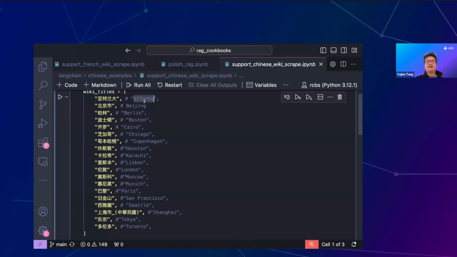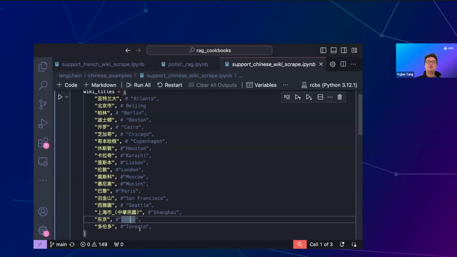So we're doing Atlanta, Beijing, Berlin, Boston, Cairo, Chicago, Copenhagen, Houston, Karachi, Lisbon, London, Moscow, Munich, Paris, San Francisco, Seattle,